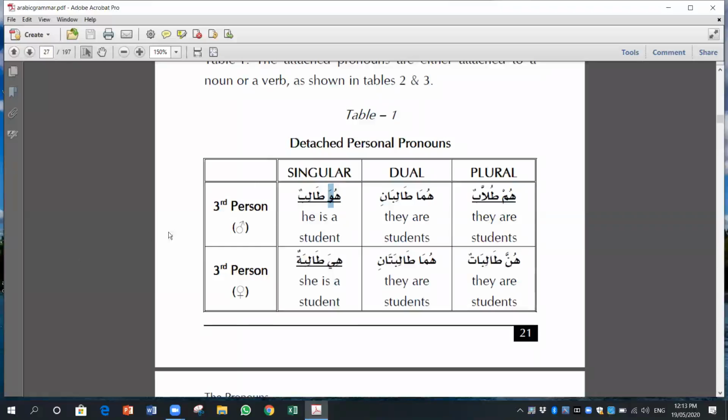This is written third person. Okay, third person, and here it says singular. Okay, and dual, for two it means, and then plural means for all. Okay, so now we see